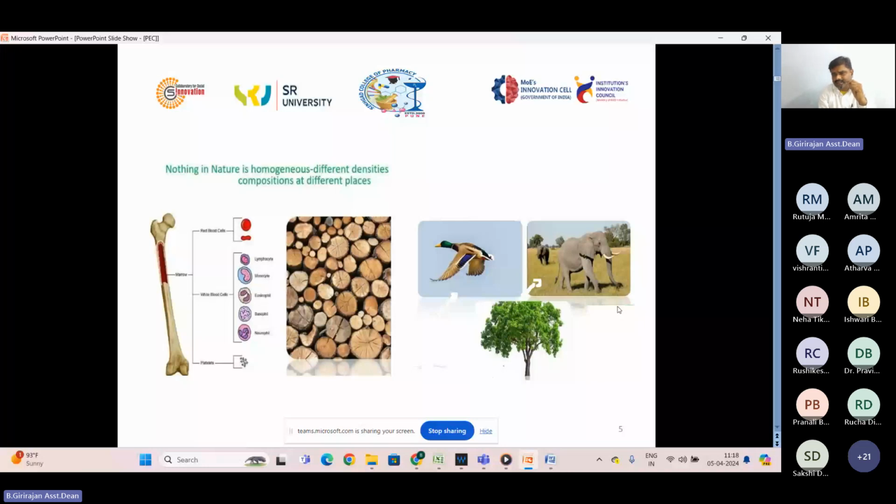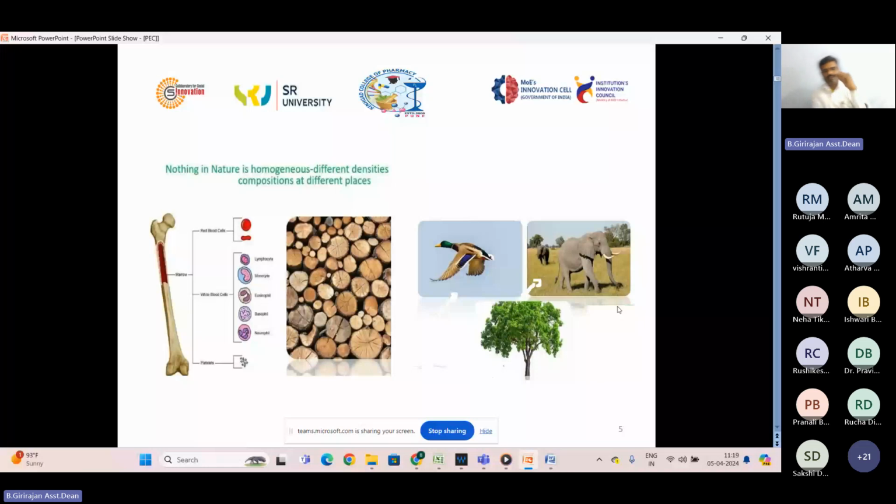And you can see large animals like the elephant. So all this design has some unique character, that it starts from a small size to a large size. It grows, and there is no additive manufacturing concept involved in this. So we are not assembling the parts and making them become a structure. Nature is not doing that. It starts from a small size and it grows. So in that way, it is designed.